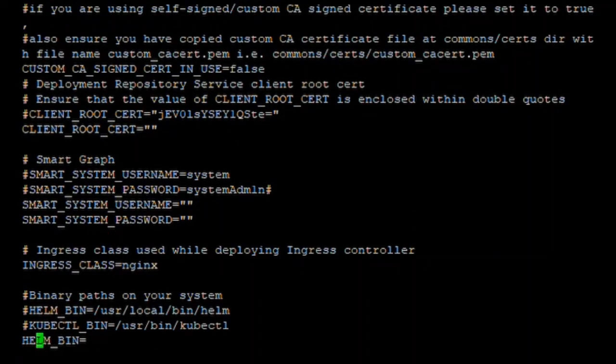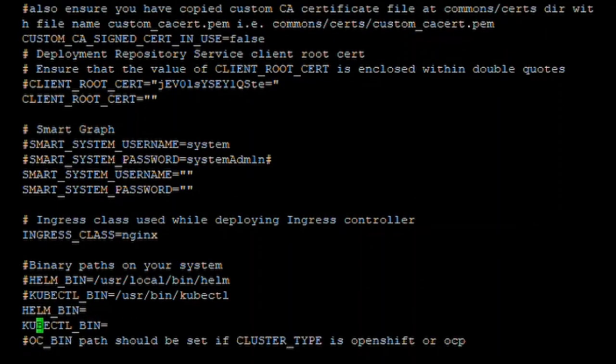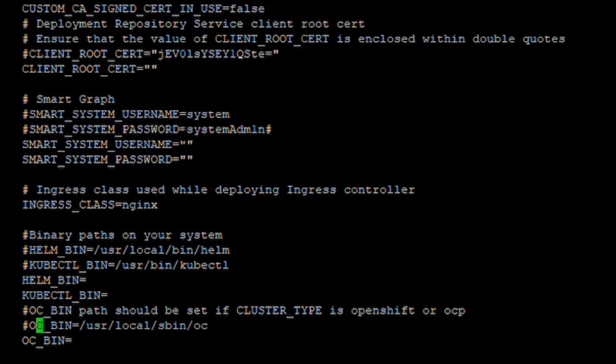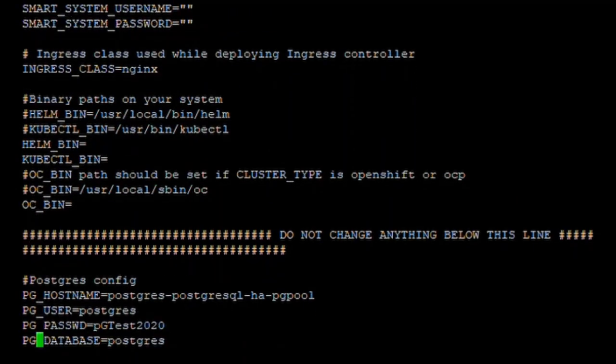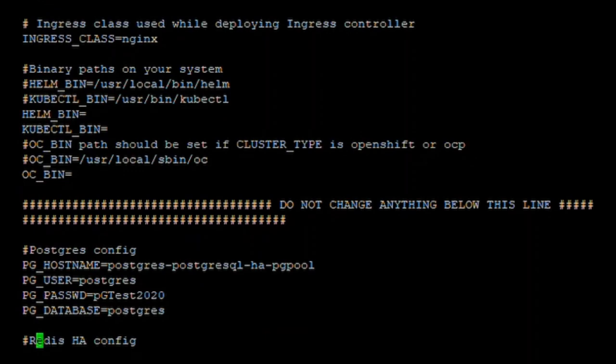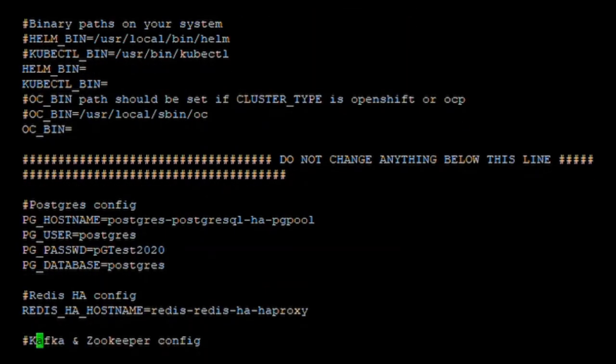It'll tell you to specify where the Helm binaries are, kubectl for the Kubernetes controller. If you use an OpenShift, you'll specify your OpenShift OC command. And then after this, the rest is proprietary, and you shouldn't change anything in this file. But there are a considerable number of things that you need to create in this particular file.